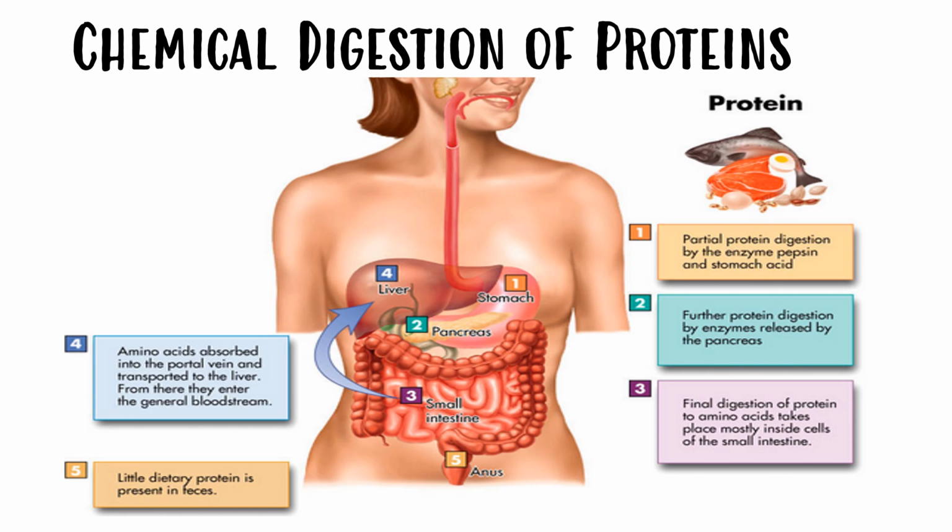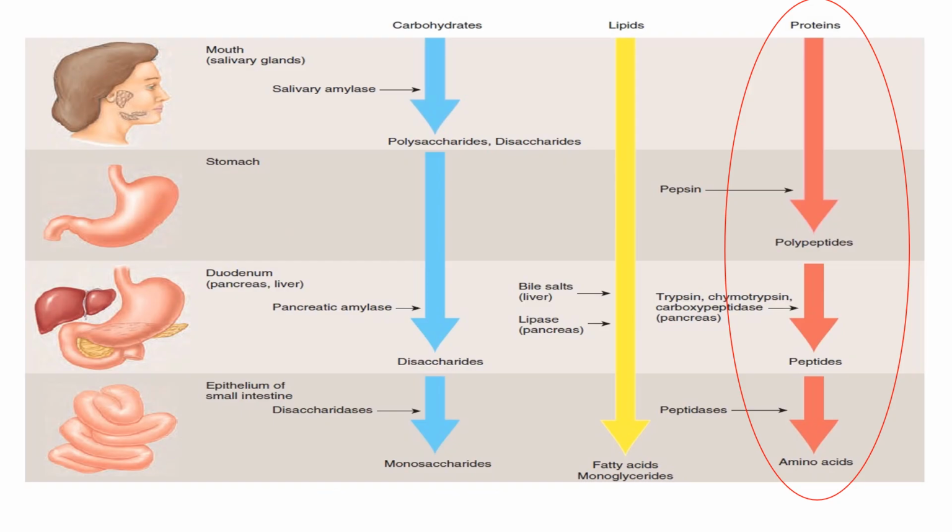Tinatransport lahat ng mga na-absorb ng ating small intestine sa liver. From there, they enter the general bloodstream and throughout the body. Okay, and the last one, little dietary protein is present in feces. Okay, so the enzyme pepsin, remember here, the initial process of digesting protein happens usually sa